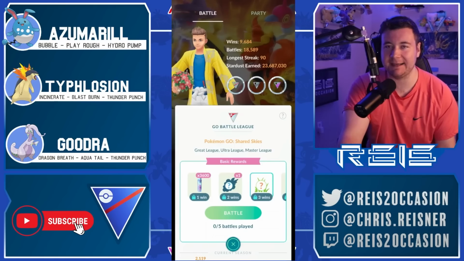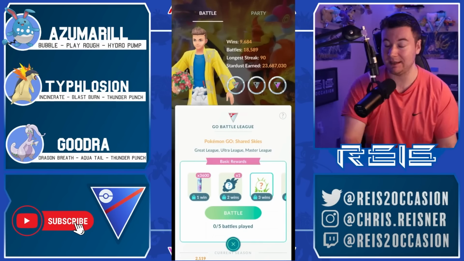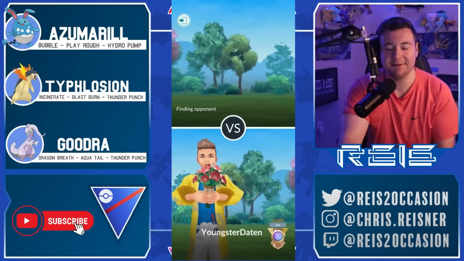to be showcasing the Typhlosion with Thunder Punch and Blast Burn that you can get yourselves today to test out in the Go Battle League, as well as a recent Community Day member, Goodra, with Thunder Punch, as well as a Community Day move. And thank you very much to the submission artist in today's video, Youngster Dayton, who is